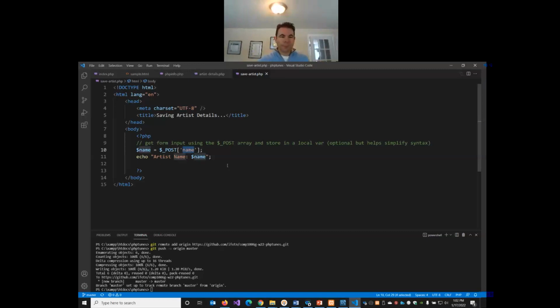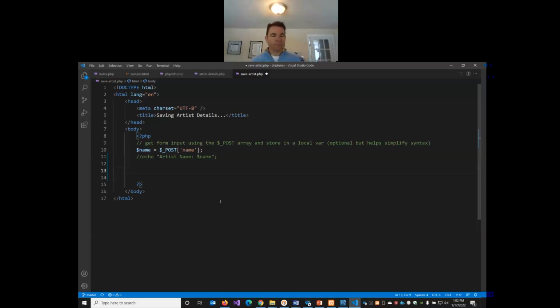So I'm just going to comment out this printing of the artist name here. And we've got a number of steps we need to go through so that we can actually save to the database. So we'll write these steps out as a series of comments, and then we'll flesh out the code bit by bit. So the first thing we're going to need to do is connect to the DB